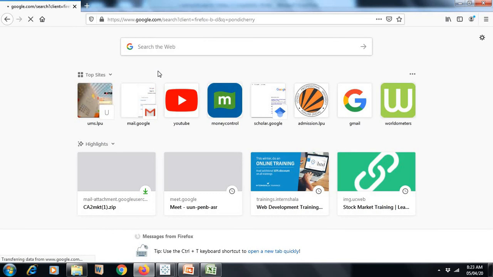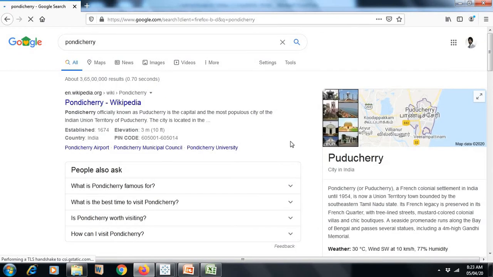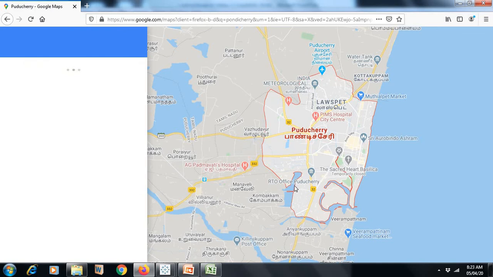So deliberately I am doing it like this so that you will have a better idea how to do this. You may read this. Once you read this, you come to know where it is situated. You can see the map also. This might help you better in understanding the actual location of Pondicherry. Done. So this is your Pondicherry.